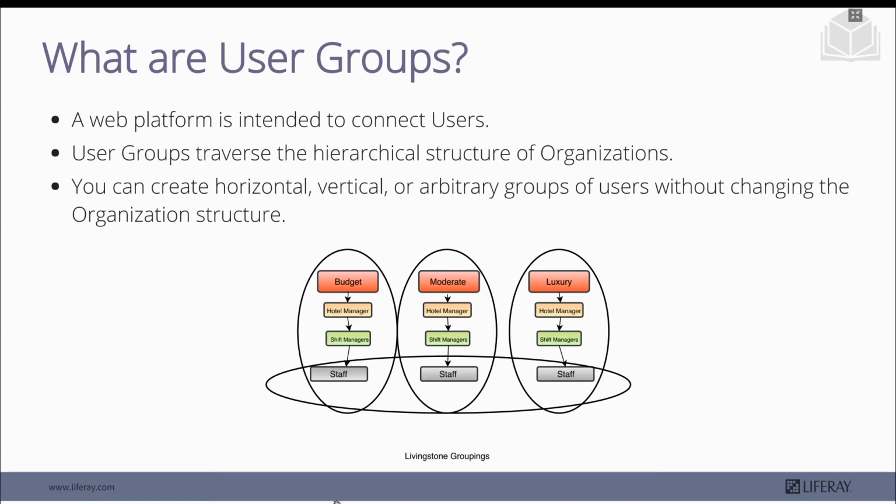In other words, what this means is you are able to take different users from different organizations and group them together. Right? This can be horizontal, this can be vertical, this can be for any reason you feel like, and this will not affect the way that the organization structure is built out,